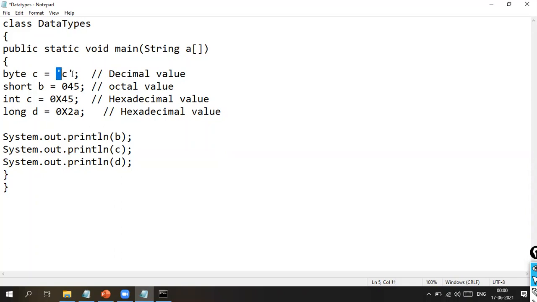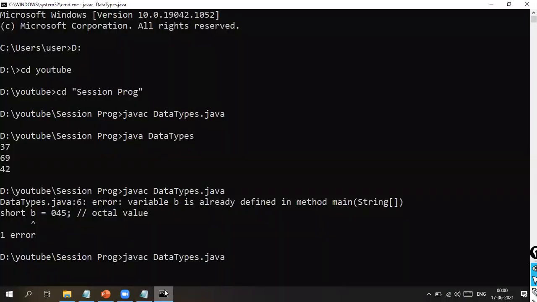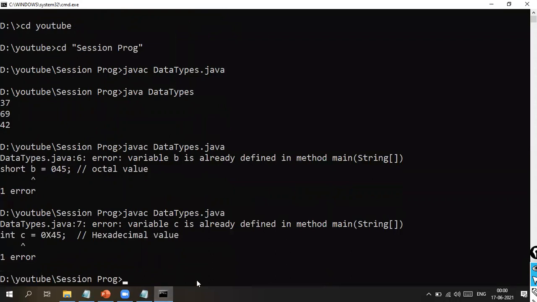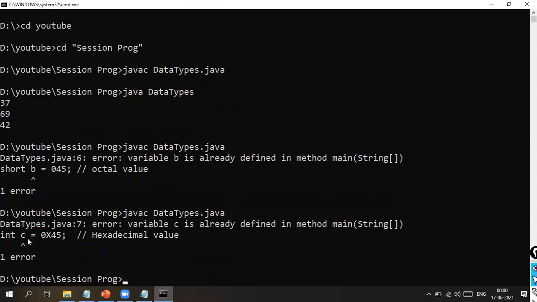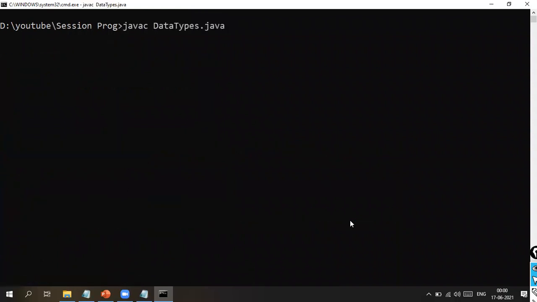Now I'm assigning the character value to the byte variable C. Again, multiple variables have the same name, so I'm changing the variable name and recompiling it. You can see the error: in line number 7, variable C is already defined. So I'm clearing the screen first and then compiling again.